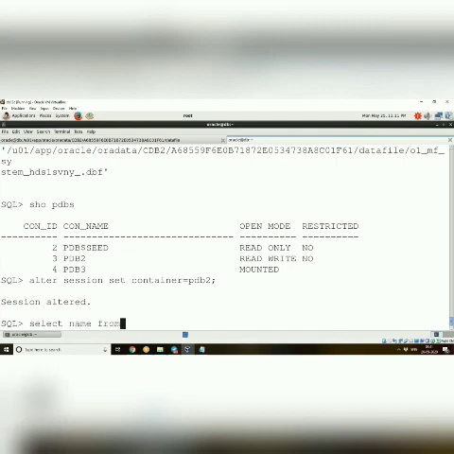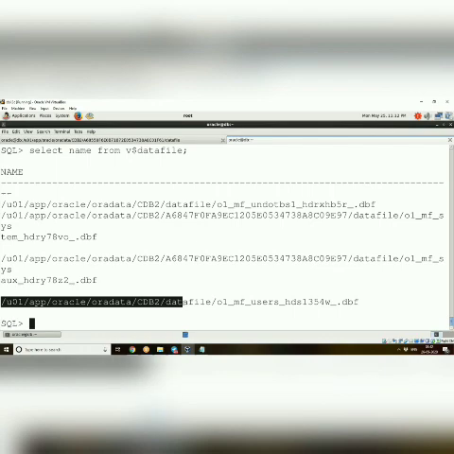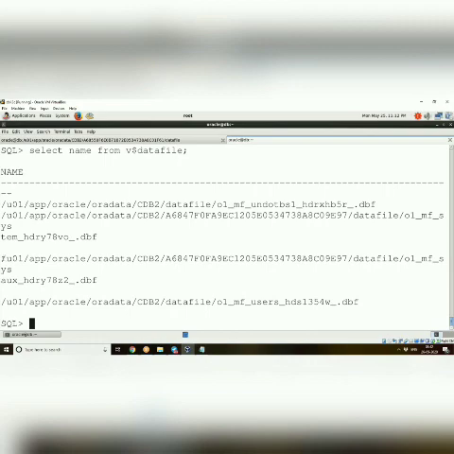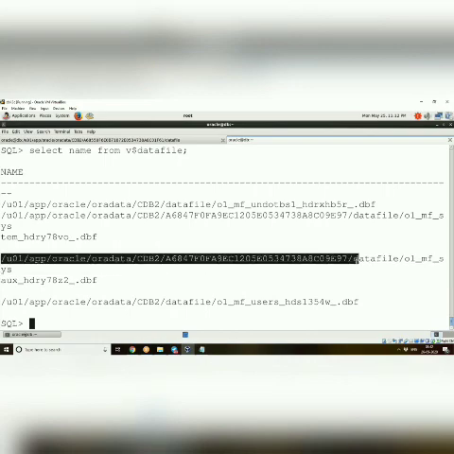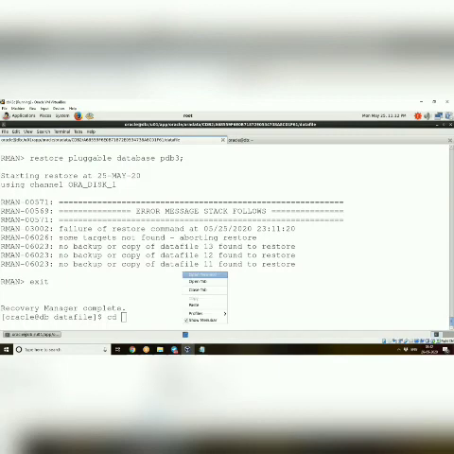Okay, so we'll remove one data file. I mean sysox I'll remove. Okay, I'll list it. So I'll remove sysox.